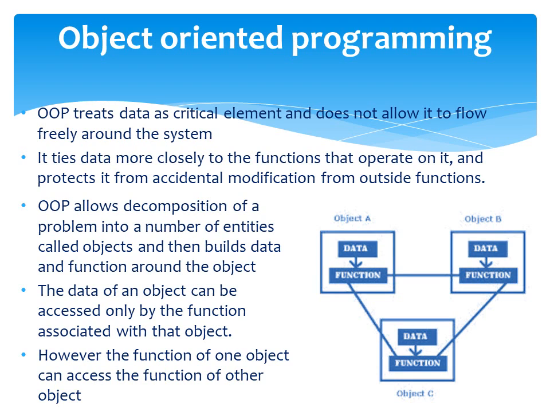However, functions of one object can access the functions of another object. This means that two objects can communicate with each other using member functions. As shown in the image, if a function of object A wants to communicate with a function of object B or a function of object C, it can communicate. In the same way, a function of object B can communicate with functions of object A and object C, and the same is applicable for object C.